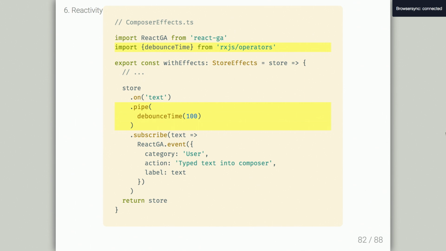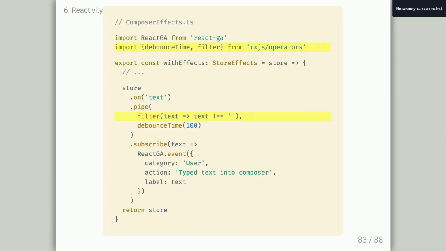Let's say you want to normalize a little bit. Let's say you're looking at your analytics, and you notice there's a lot of empty strings. There's a lot of null values. What do? Just filter it. Let's say you're looking at it again, and you see people typing the same thing, but in different cases, and you want to make everything lowercase.